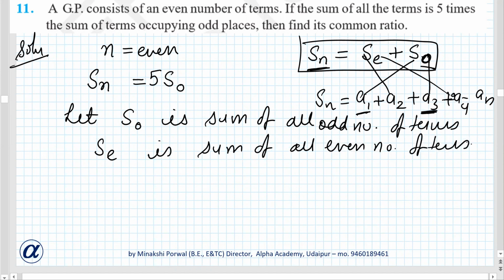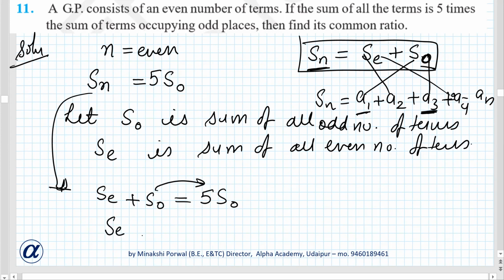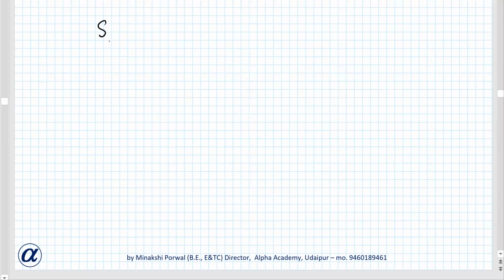Okay. Now Sn is 5 times SO according to the question. Or Sn is what? Sn is SE plus SO. Okay. So if I move this from here to here, sum of even terms is 4 times sum of odd terms. Okay. Now sum of even terms is 4 times sum of odd terms. This we can write,